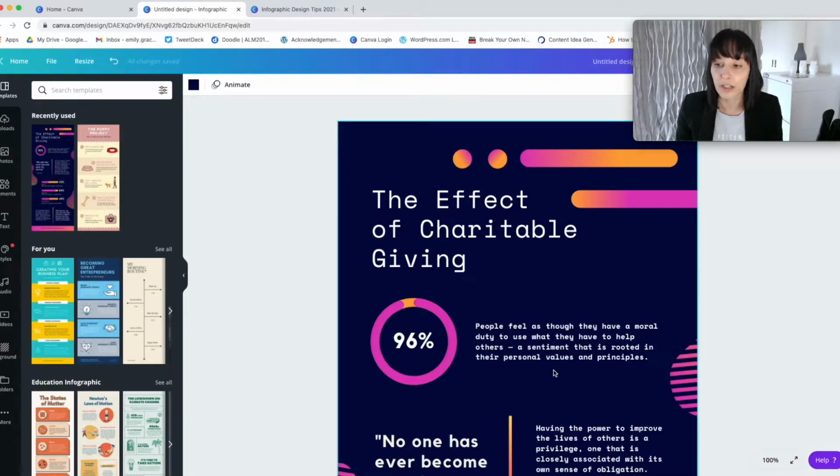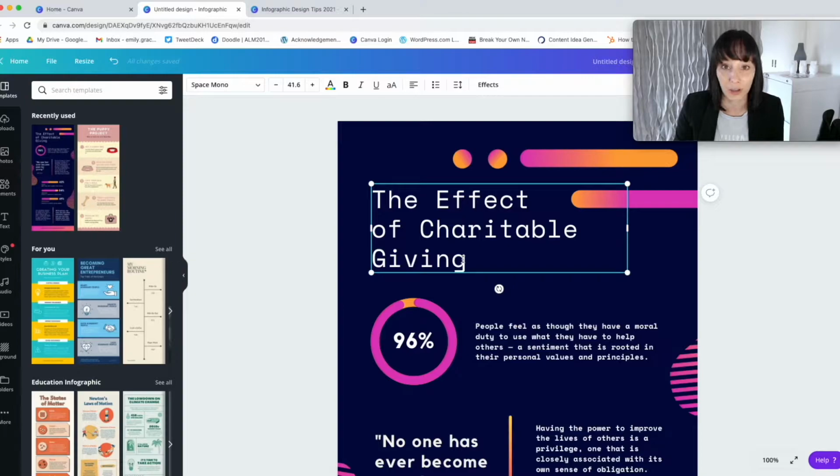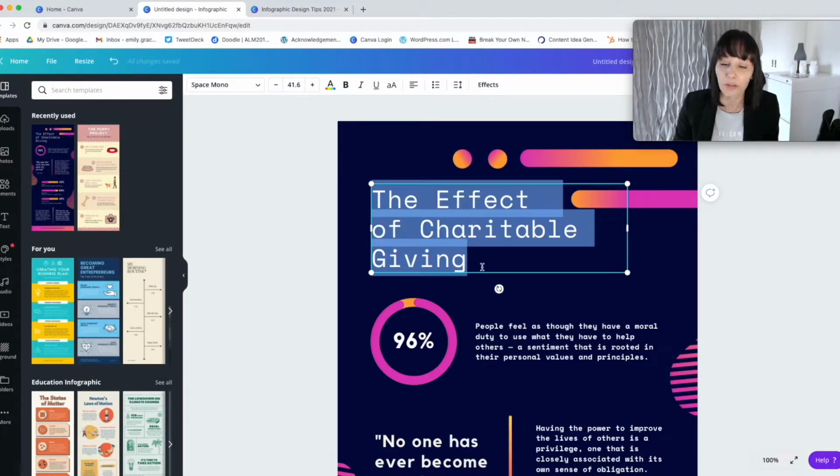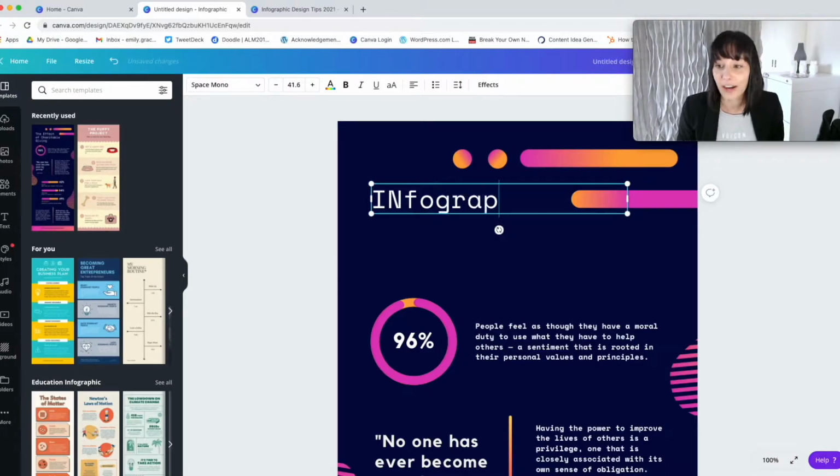So you do need to consider what will be best suited to your audience, what is likely to attract them, and how easily they can engage with it. So I'm going to make a few adjustments to text sizes and the amount of text on the infographic to help with that. The first thing, of course, is to title your infographic,